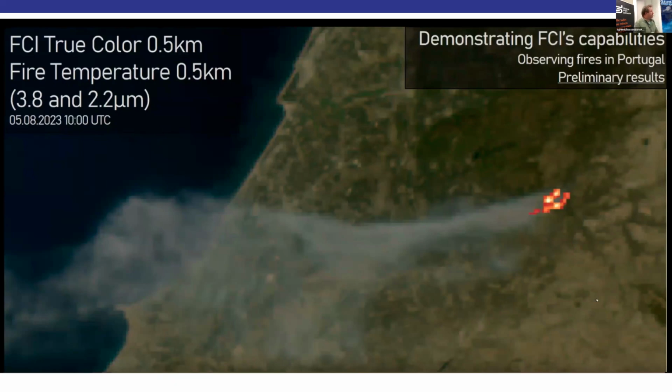And at the moment, it's every 10 minutes over this side of the Earth disk. And once they launch the second one, they'll have a rapid scan over Europe, which will be every 2.5 minutes. So I think that you'll be able to detect fires in Europe before they're reported by the public. Some of them, at least.